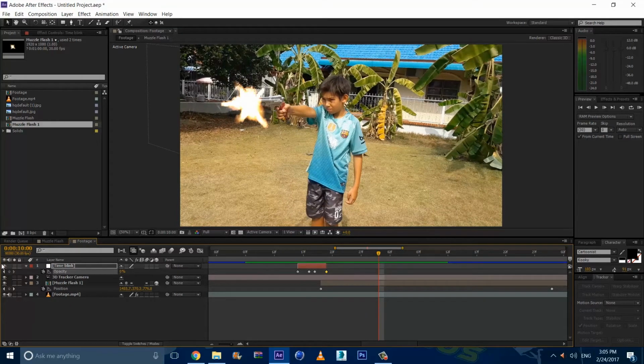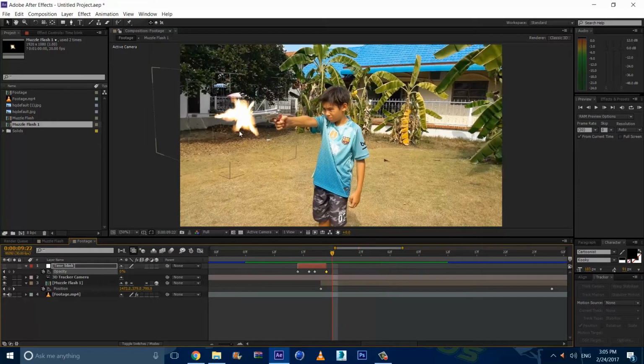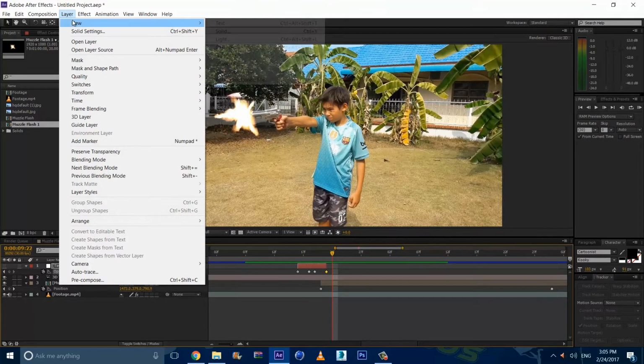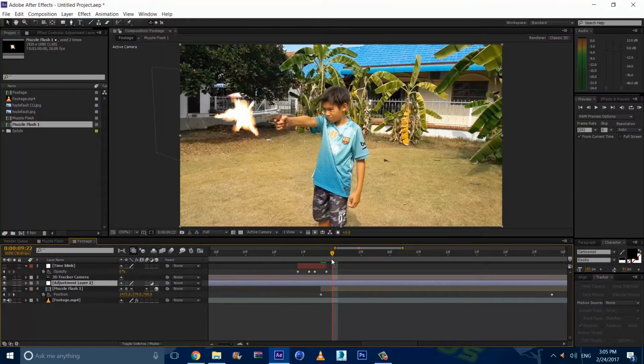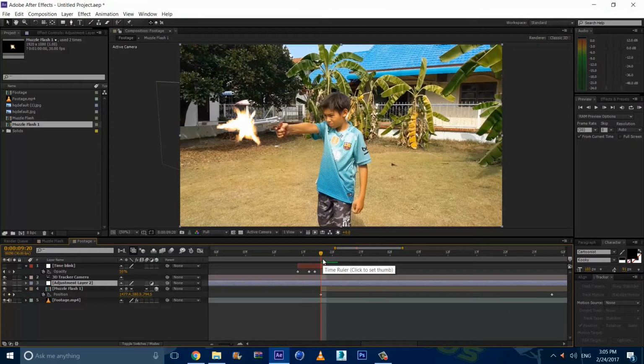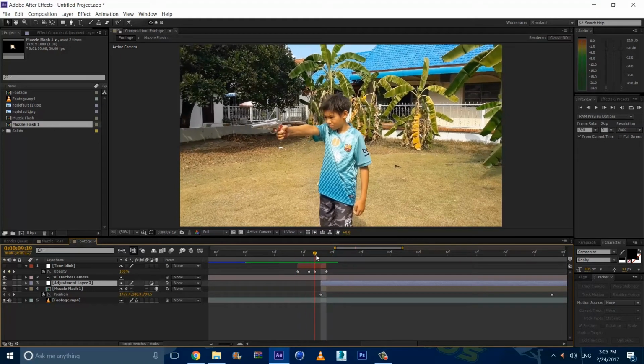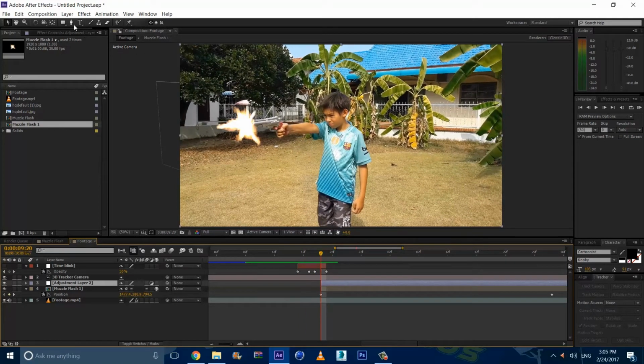So let's just shut off the time blink right now, and we're going to hit layer, new adjustment layer, and let's bring this over here, and we're going to trim this like the muzzle flash, just where the muzzle flash starts. So now we're going to just make a rough mask around our actor,